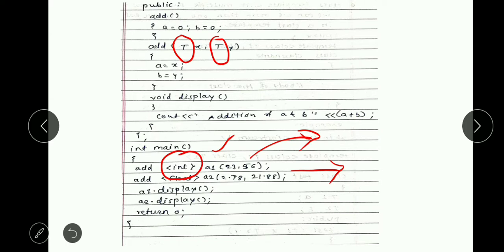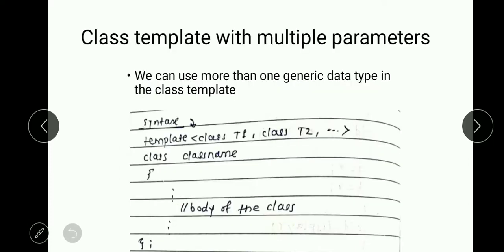The same concept can be applied to float. Here we pass two float values, 2.78 and 21.88, inside the class, and the display function can be called normally. In this way we can apply the function template as well as the class template in the program.